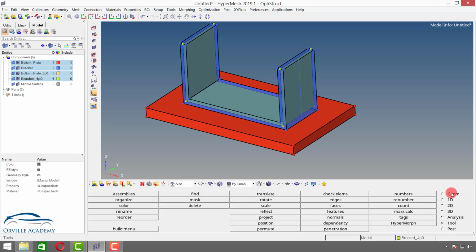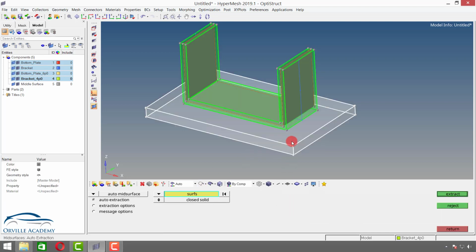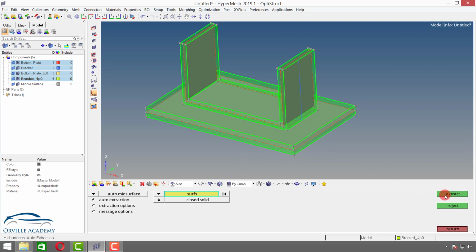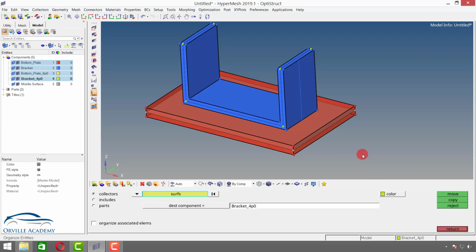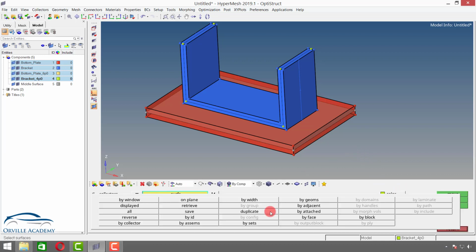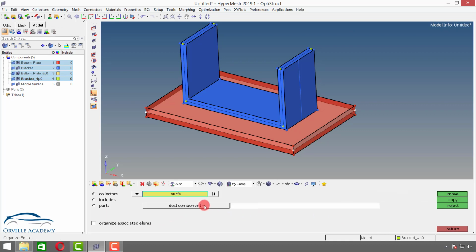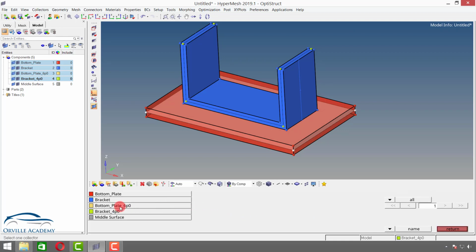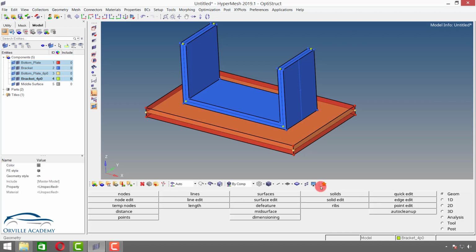Now again let me go for geometry, say mid surface, select this surface, and again say extract. Again let me go for organize. This time I will press Shift F11 on my keyboard, select the surface by collector, say middle surface, and set the destination component to bottom plate 6.0 and then say move, and let me say return.